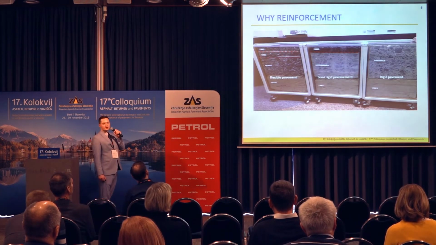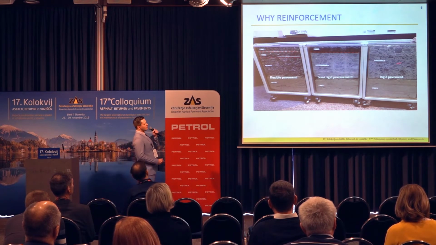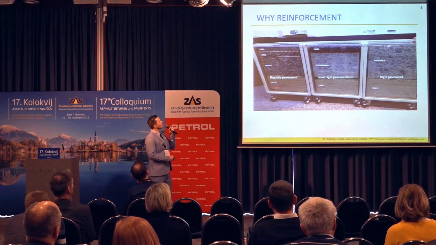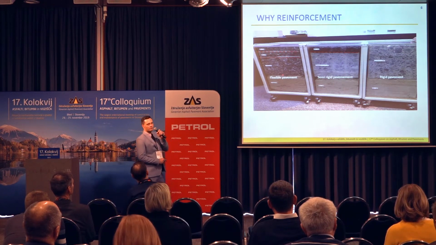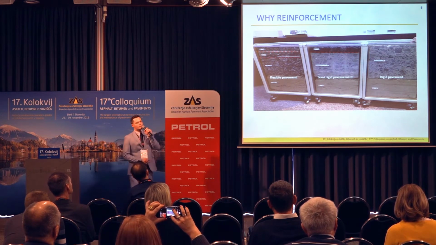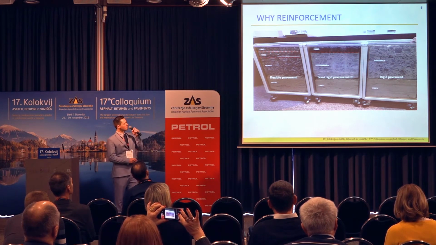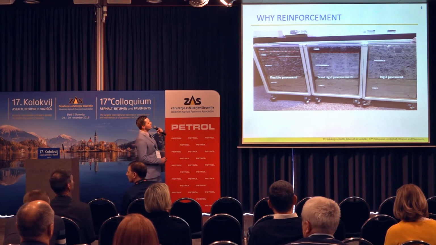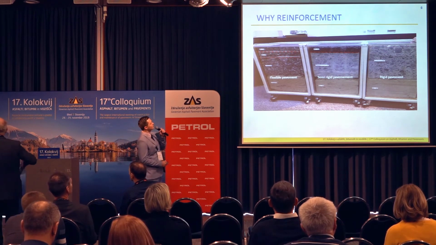Here, this is the structures of the road. So in the picture here, this is the rigid pavement. This is concrete. On the picture here, it's flexible pavement, asphalt. And the middle picture here, this is when you repair the rigid concrete. You mill a few centimeters from the top and you replace it with the new asphalt layers.